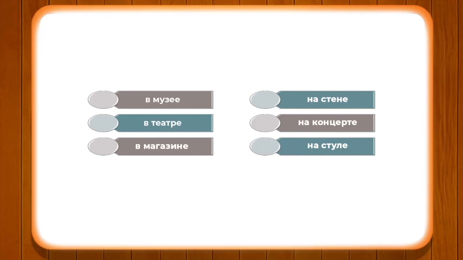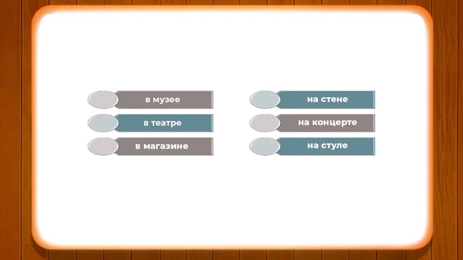Музыку можно слушать в концерте, на концерте, at the concert. So these kinds of questions we can frame and answers can be used while using the preposition на. I hope the concept of в and на is absolutely clear to you. Now let's pay attention to some of the questions and answers with the help of which we can understand the usage